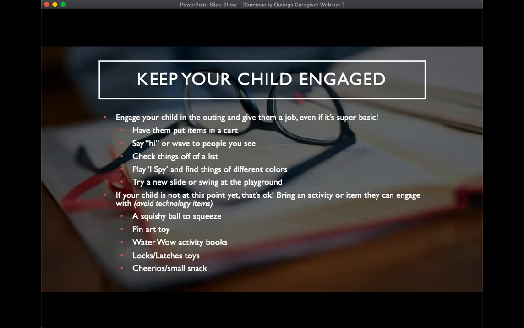So to start the transition away from that, if that is something that you've been relying on up until this point, try giving yourself a goal of not using the iPad or device for the last 5 minutes of the outing. So they can have it the full time except for the last 5 minutes. Or you could do the first 5 minutes and then they get it. But once your child learns to tolerate that, you can just continue to increase the amount of time that they're without it, until they're able to tolerate it fully.